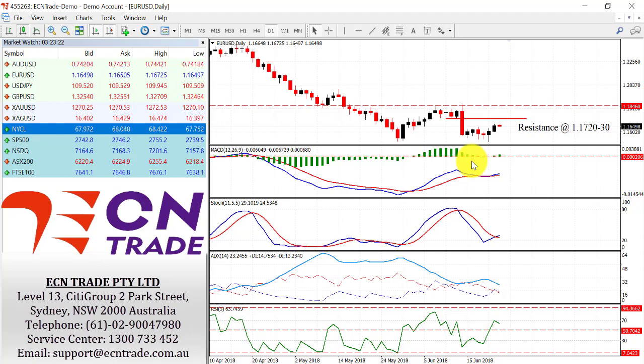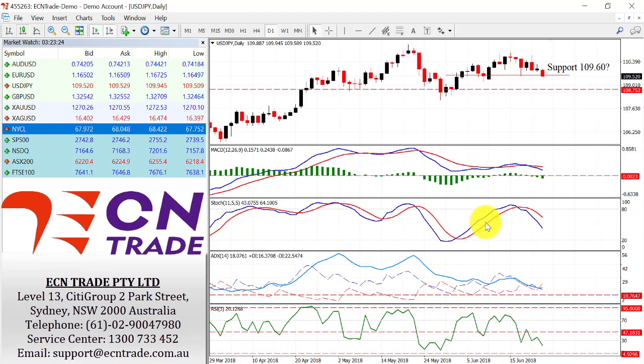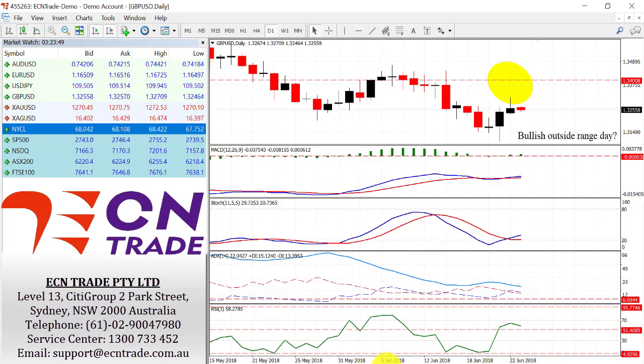Looking towards the dollar yen, the appetite for demand isn't as strong and now challenges this level at 60. It is concerning, though, that we could see a further break to the downside, and if so, could actually open the way towards 108.90 to 108.35. But at present, we are seeing a bit of bearishness coming through, and therefore could see this market tumble further. The technicals are in line for a further decline.